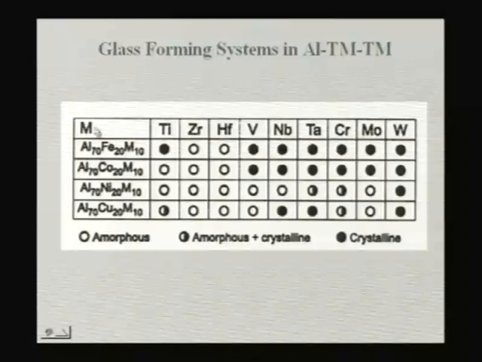As I told you before, for good glass forming ability, you always need a big atom, a small atom, and an intermediate atom. Aluminum is basically that kind of an atom with about 1.47 or so as the atomic size, and copper, nickel, these are all about 1.28, 1.27 as the atomic size in angstroms, and zirconium is much bigger. So as a result, if you look at these kinds of systems, it is very easy to form the glass.